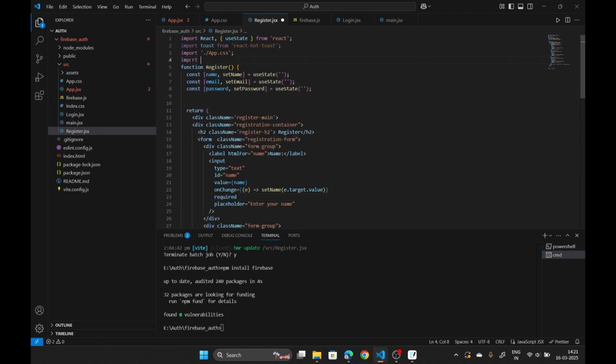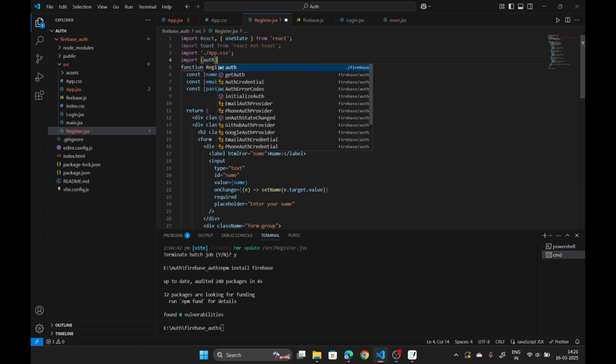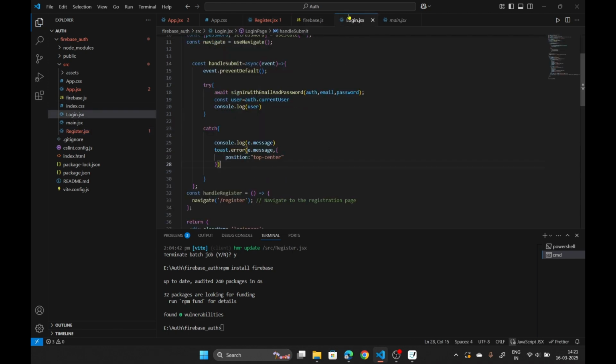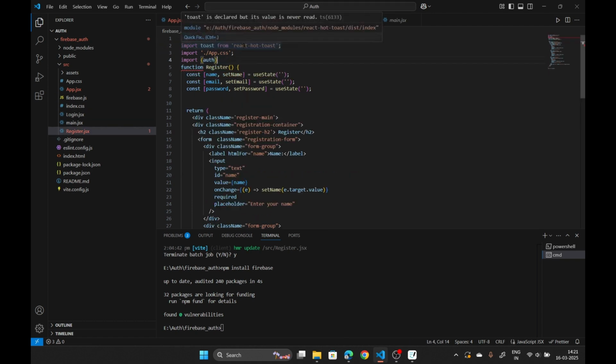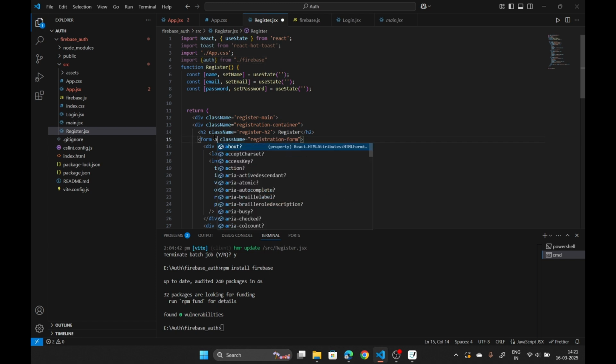Similarly here, import auth. Put auth from Firebase. I'm feeling lazy to write the complete line, so we will just import auth from Firebase, and here also let us form on submit action equal to